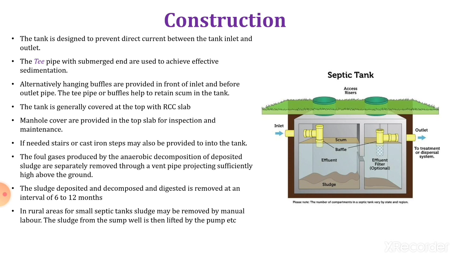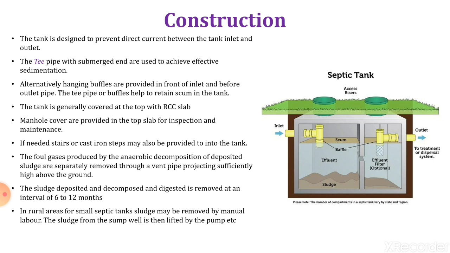If you see the figure, you can see the inlet and outlet arrangement is provided. In front of the inlet and outlet, baffles are provided. The inlet is provided with a T shape, and the outlet is also provided with a T shape to avoid direct current. Because if direct current is introduced in the tank, it may cause disturbances in the settled sludge. To avoid that, the flow is gradually and progressively discharged and enters into the tank.